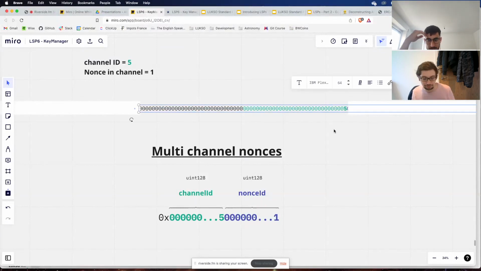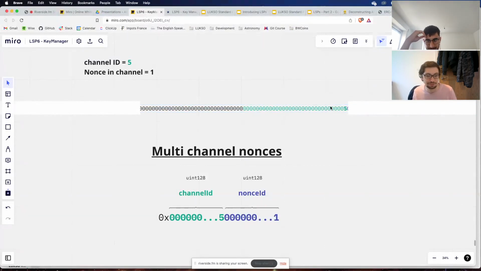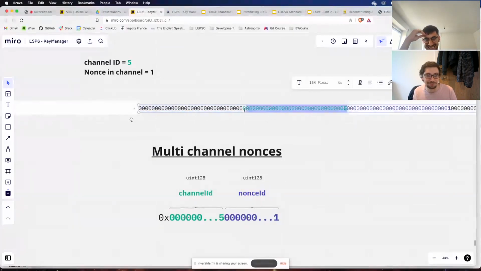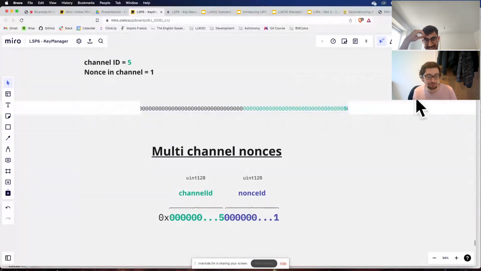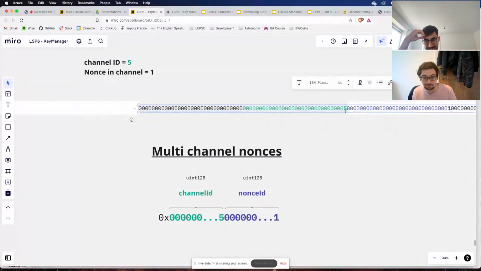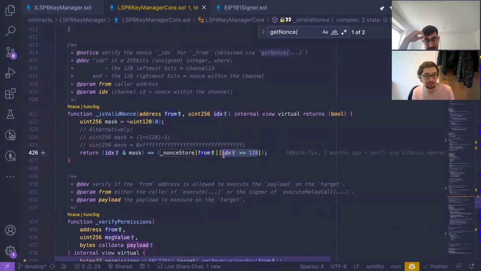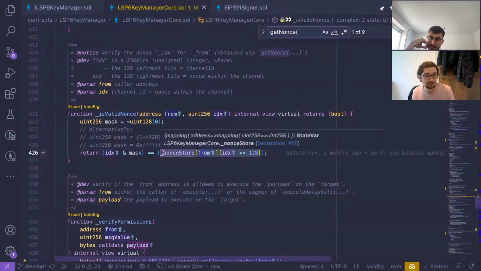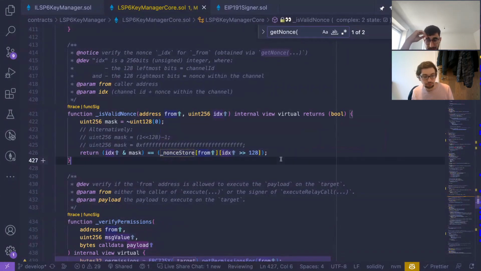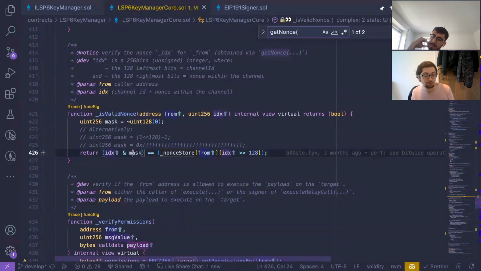Yeah, very 21st century animation. And you basically end up with this value as a UID 8. So you discarded that. Here you have a channel ID, and then you provide that as the parameter to the mapping. What you get back is basically the nonce in the channel. And to compare that the nonce in the channel is valid, you take the full IDX and you do an